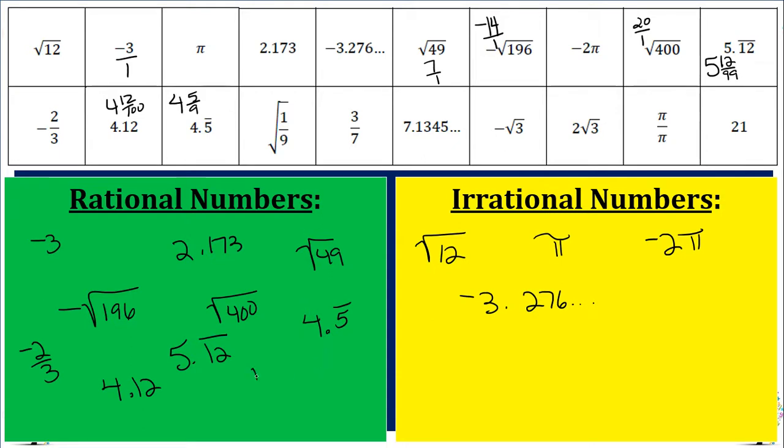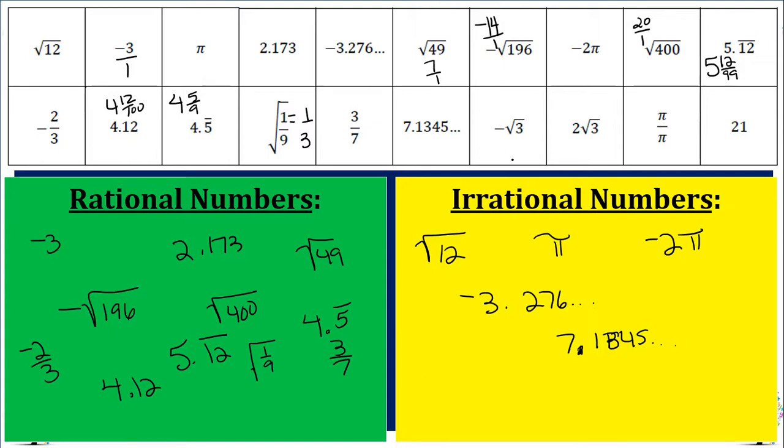The square root of 1/9 is really a perfect square because the square root of 1 is 1. The square root of 9 is 3. We have a fraction, 3/7. We have this number that continues without repeating, so I could never know its decimal place, its place value, to write it as a fraction. So that is why we cannot write a number that's irrational as a fraction, because we don't know the place